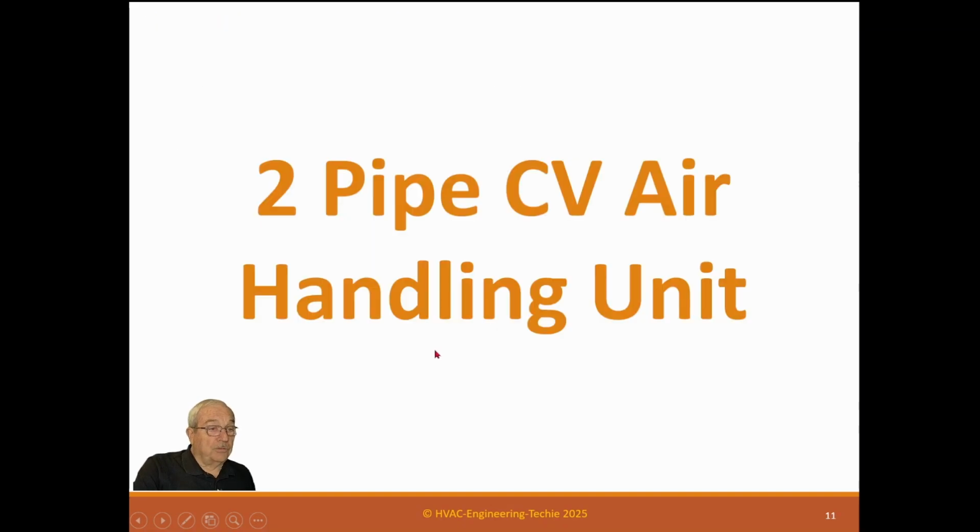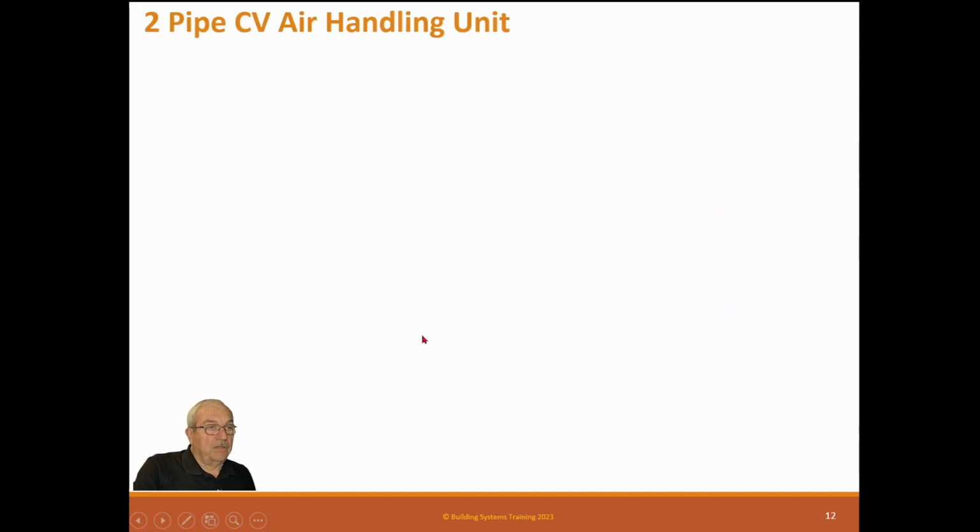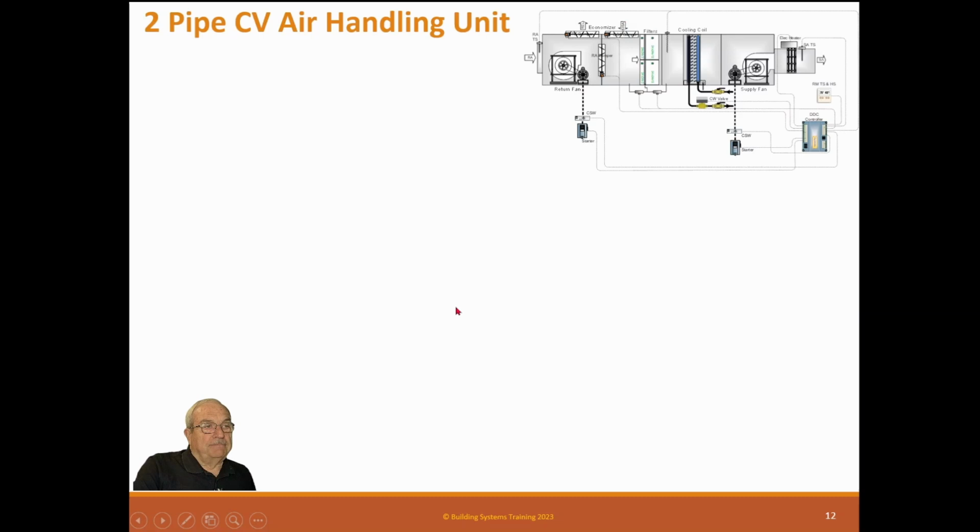All right, let's go up to a little bigger unit, a 2-pipe constant volume air handling unit. So this is a two-pipe, still 2 pipes. It only has 1 coil. It has a heat strip, but it has a full economizer and a return fan. So what happens here is the return fan sucks the air out of the room, and it runs through this return damper, through the filter systems, through the cooling coil, to the blower, to the heater, and out to the